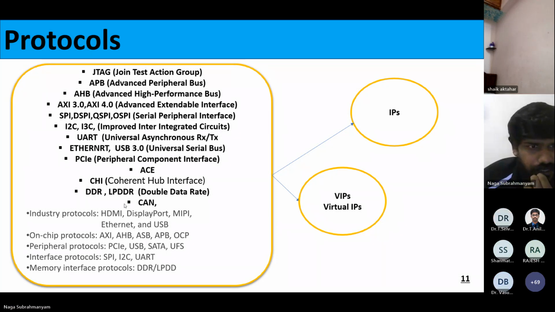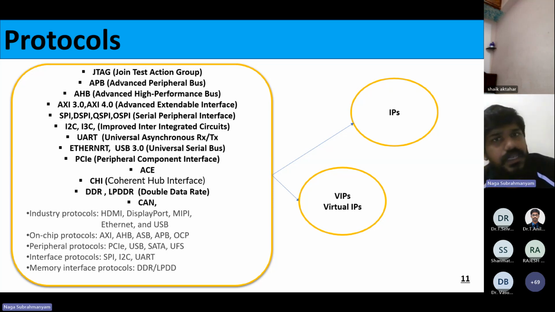Okay, and these are memory kind of things, DDR and LPDDR. And these are divisions of these things. Okay, which one is used where. Okay, now the point is we have